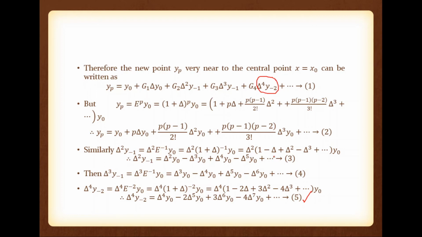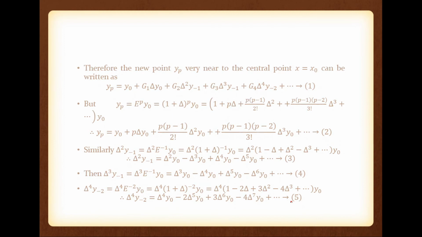Is it okay? So please note, after substituting equation number 2, equation number 3, equation number 4, equation number 5 in equation number 1, what do we have? Means replace yp with equation number 2, replace delta square y minus 1 with equation number 3, replace delta cube y minus 1 with equation number 4, replace delta raised to 4 y minus 2 with equation number 5. We have